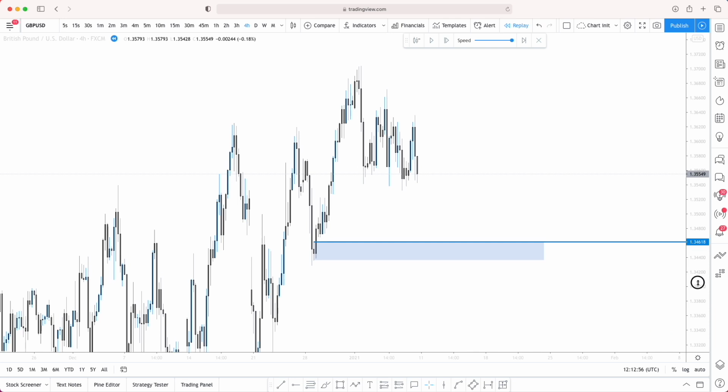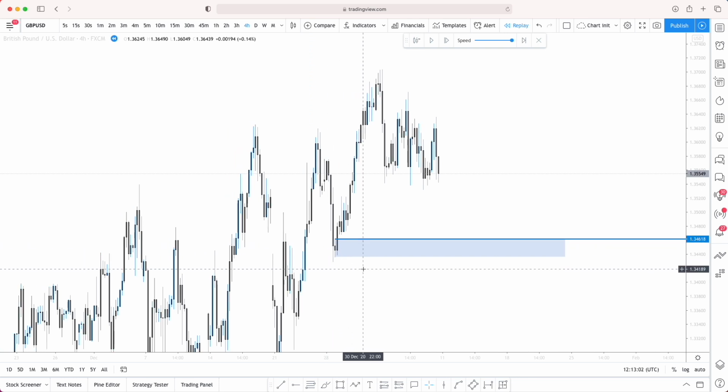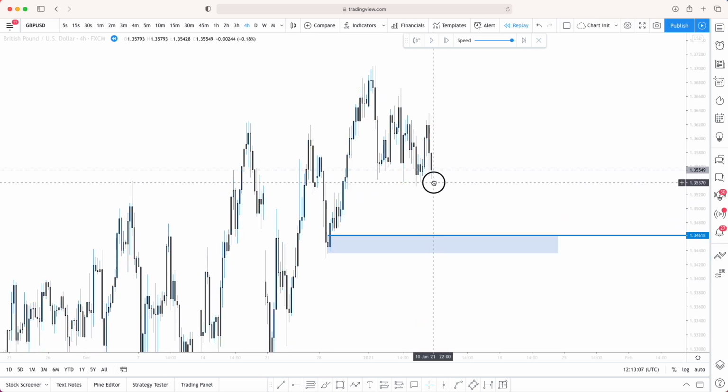So essentially, imagine looking for a risk entry. You want to refine it as much as you can, right? So you're going to look for the last possible place where price is going to react. The reason being is because we don't want to take, for example, you might get fake outs where price will